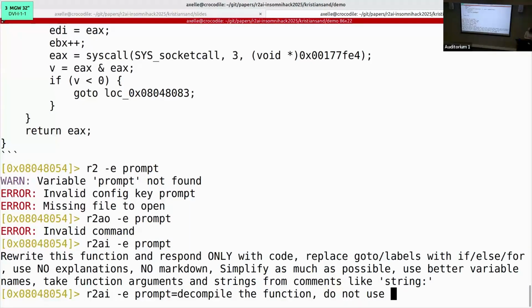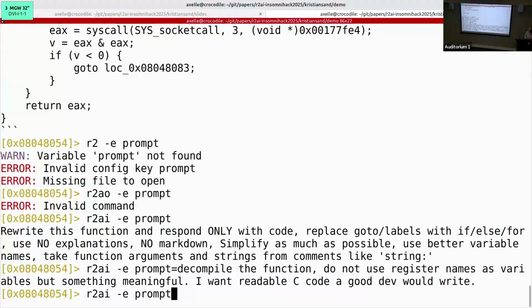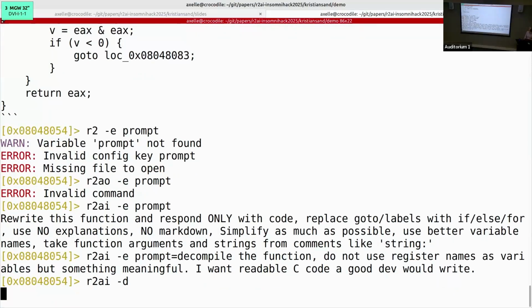Do not use register names as variables, but something meaningful. I want readable C code, like a good dev would write. Right, yeah, it's a bit long. Okay, sorry. And we are going to try that again, and hopefully it will be a little bit better.